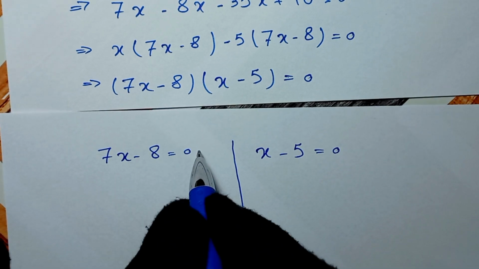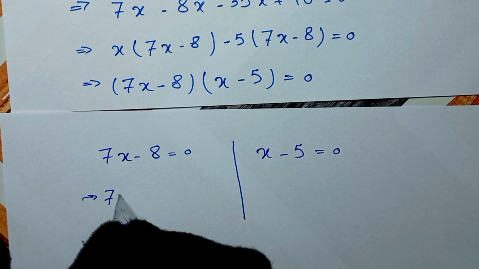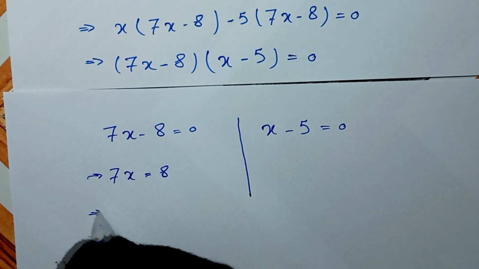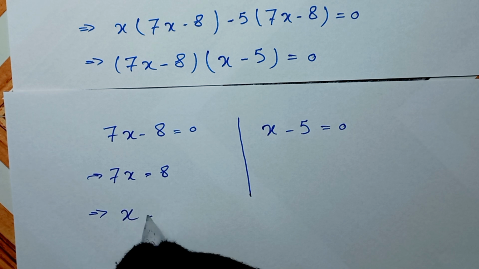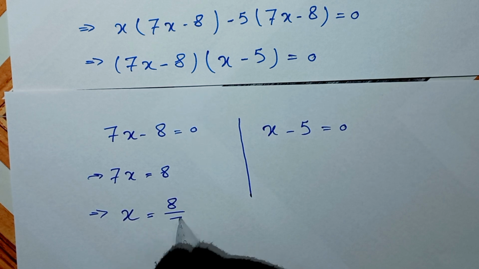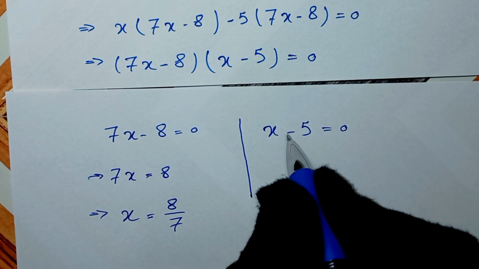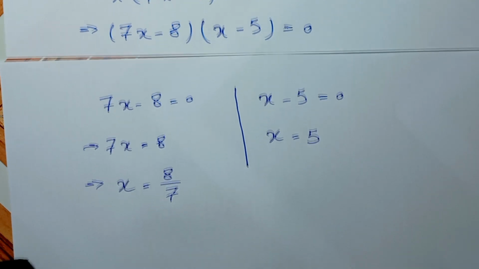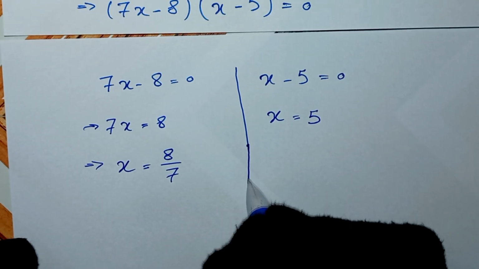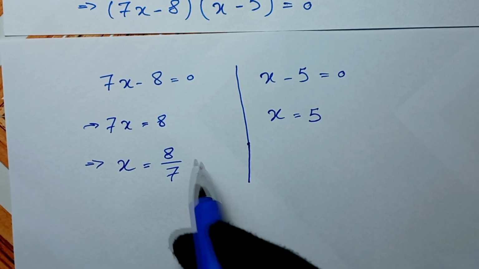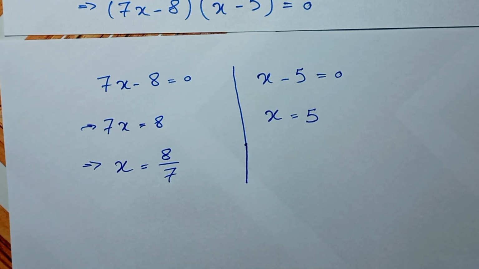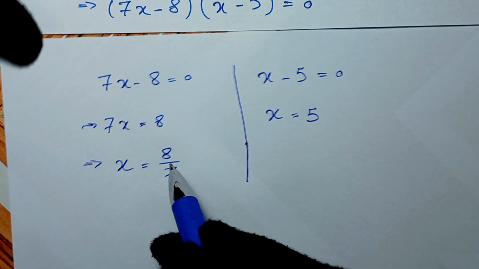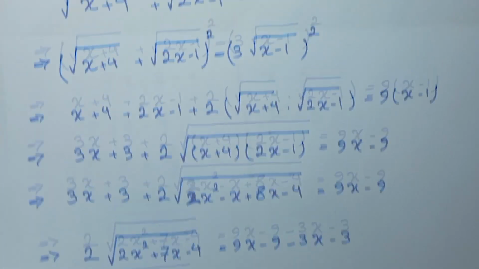In here, we take this 8 to this side, and it will be 7x is equal to 8, and we divide both sides of this equation by 7, and it will be x is equal to 8 over 7. And here, x is equal to 5. So we have two values for x, and in the next step, we check our answer to our problem,